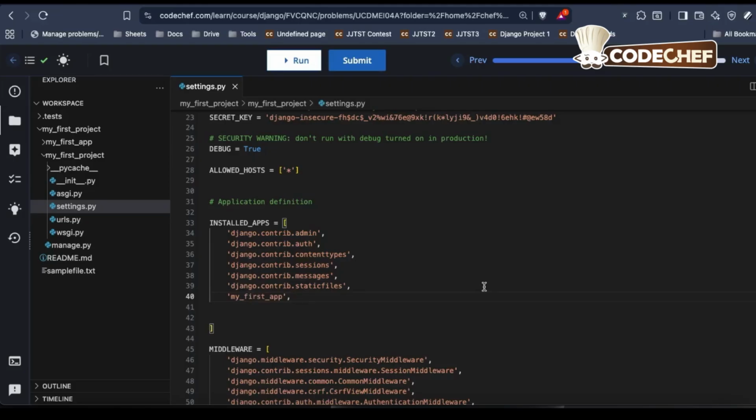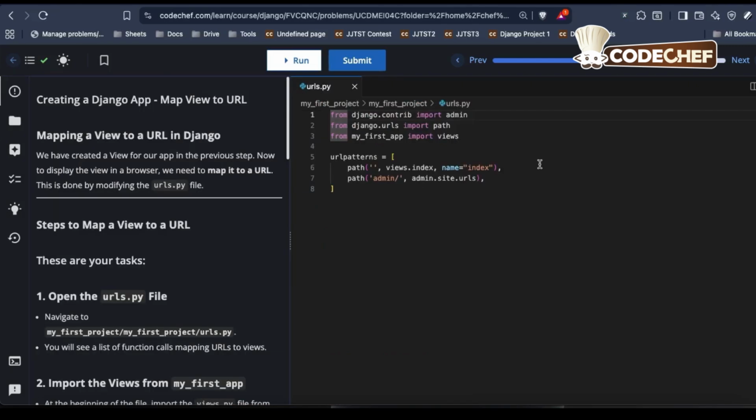So by doing this, we have registered our app with the Django project. This is an important step that you have to do once you have created an app. All the apps that you have created should be present under this installed app section in the settings.py file. Okay, now that we have created the view and also we have registered our apps in settings.py file,